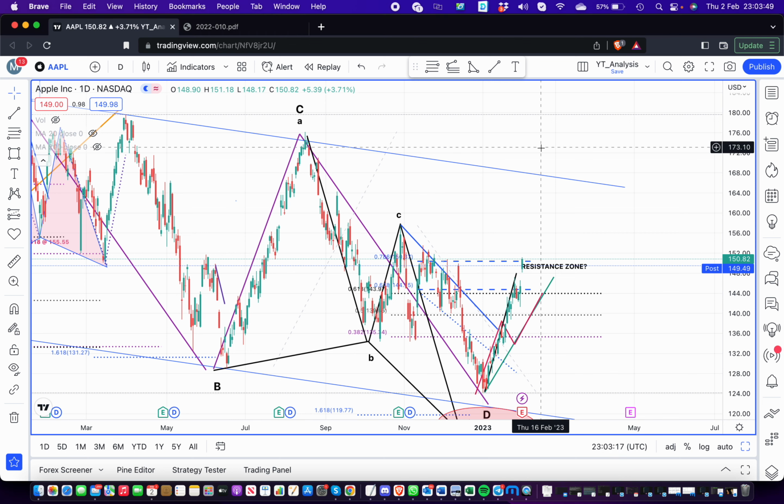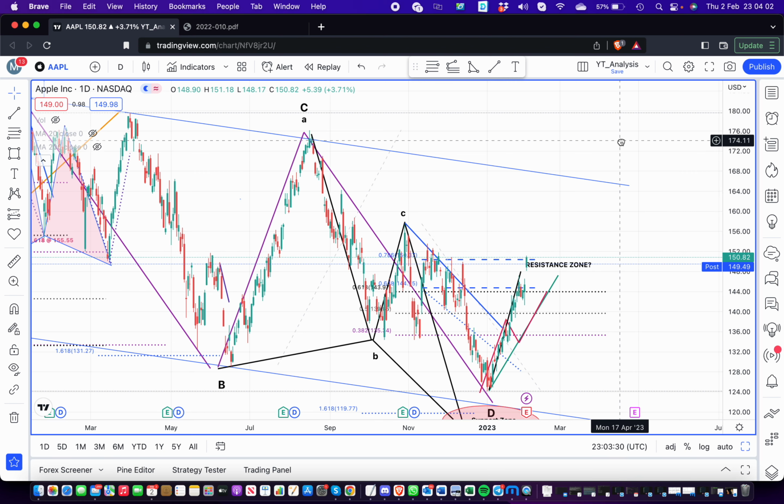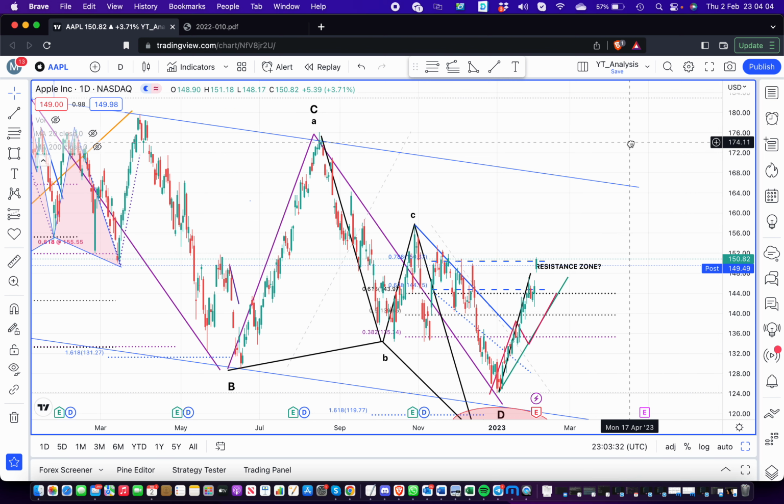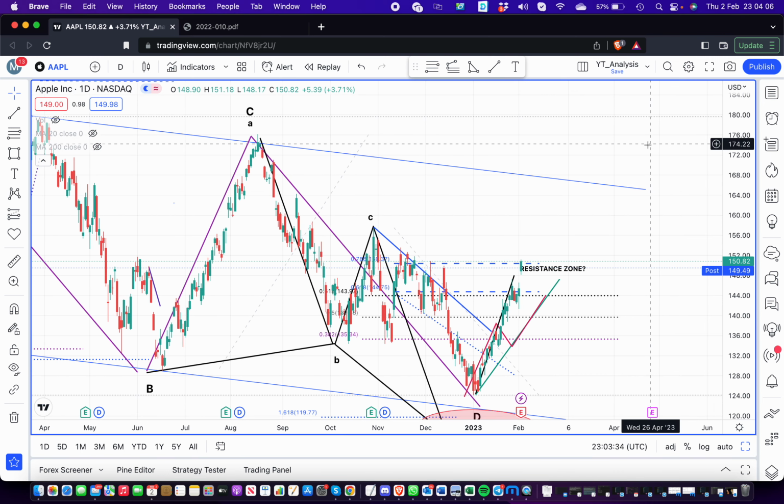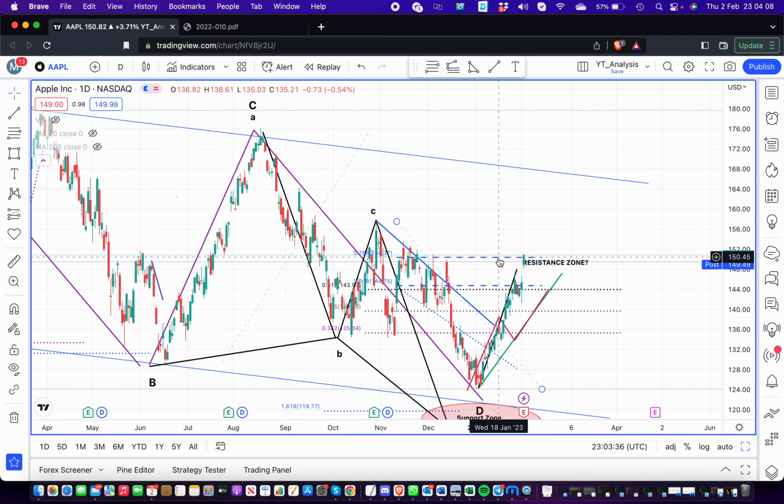Okay, so what we are looking at is the daily chart of Apple. This is one stock which we have been following for quite some time, and on our channel you can find the key levels which we have been talking about previously. So what is really interesting is actually Apple hit the exact level that we have been talking about, which is